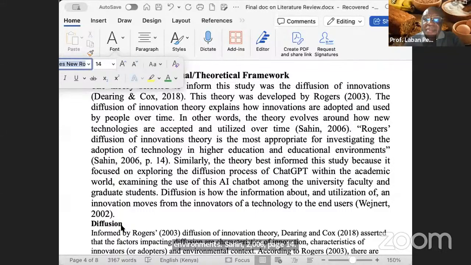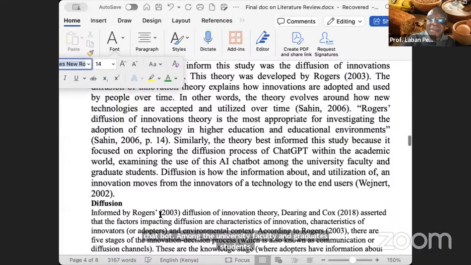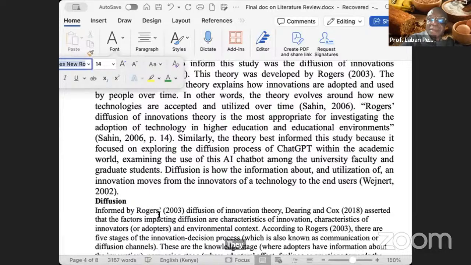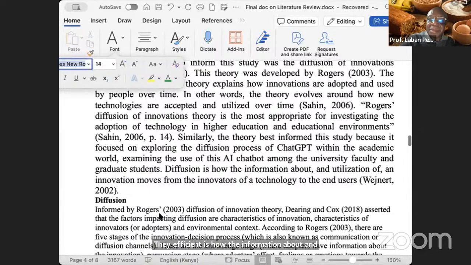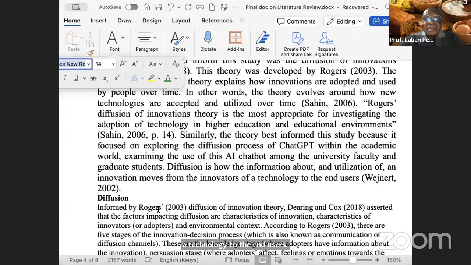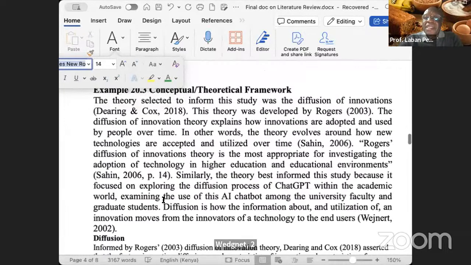Similarly, the theory best informed this study because it focused on exploring the diffusion process of ChatGPT within the academic world, examining the use of these AI chatbots among the university faculty and graduate students. Diffusion is how the information about and utilization of an innovation moves from the innovators of a technology to the end users, Wejnert 2002. Very good. Ladies and gentlemen,